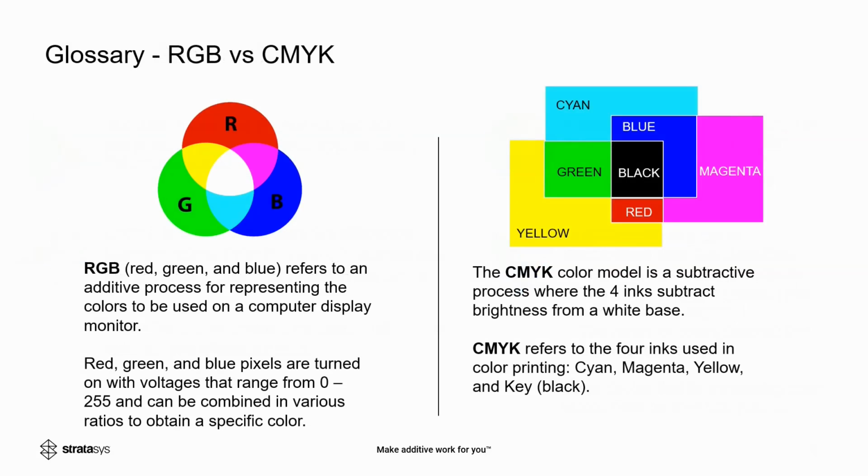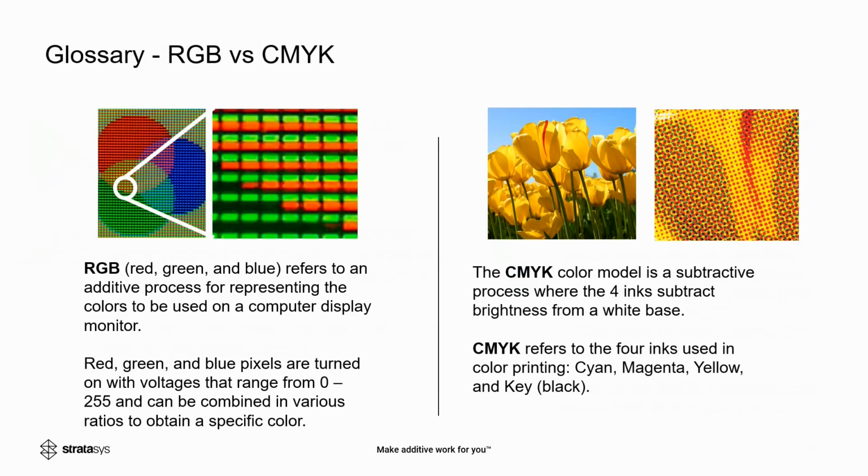Finally, RGB and CMYK. So RGB is what is used on a computer, screen or monitor, and CMYK is the output typically from a printer. So RGB is based off light. So in order to render an image, you have 3 different colored pixels, red, green, and blue, versus CMYK, which is a subtractive process where the different colored inks subtract from the white of typically a substrate piece of paper